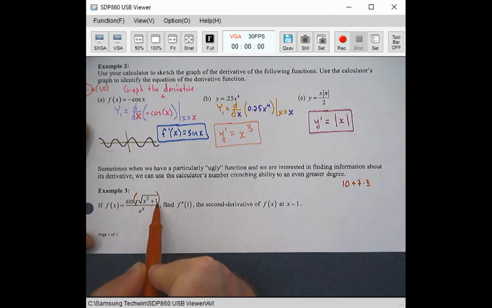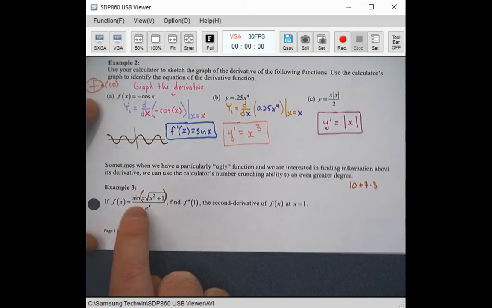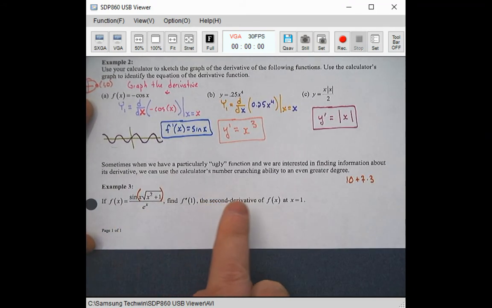This is what my math voice is saying. That whole thing should be getting signed. Whether that's actually true what he wanted to do or not, I don't know, but I'm going to change it to this. Okay, so now I'm going to use my calculator to help me figure out the second derivative of